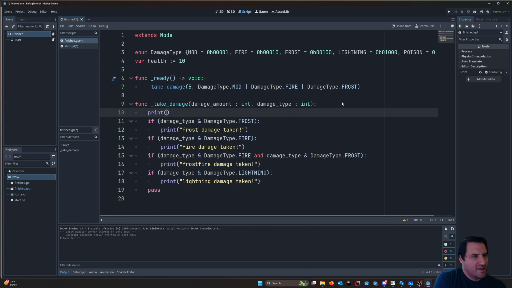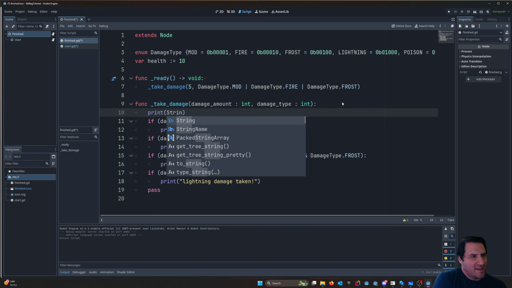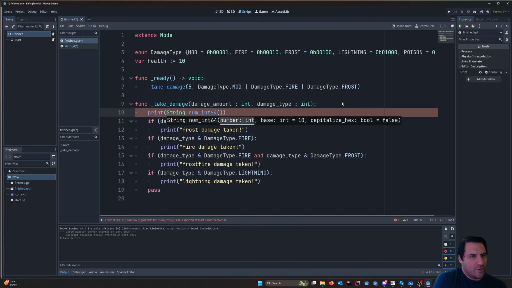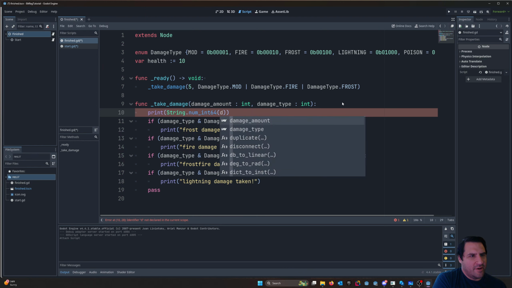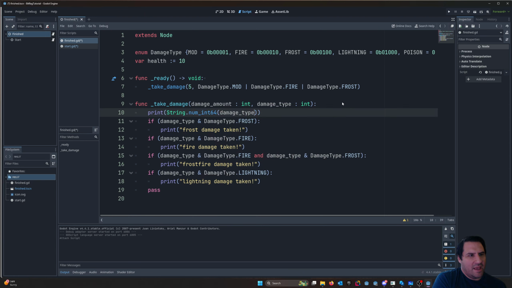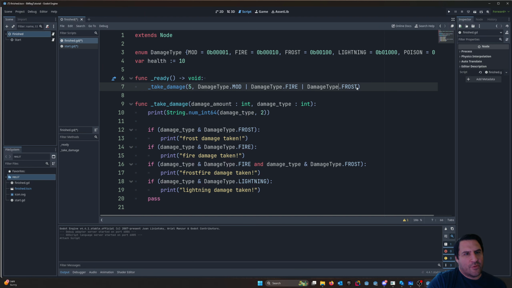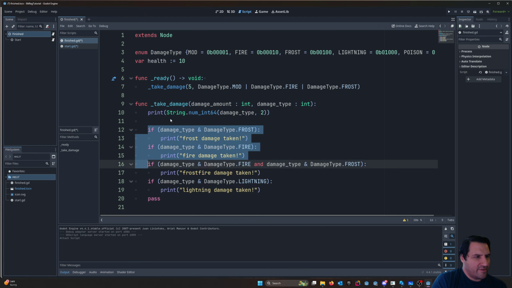So print, and I think it's string dot num int 64, and we can pass our number, which is the damage type. And I believe we use base, and the base is 2, right, because we're in binary notation. So we can print out the damage that's coming in. And so this is going to be fire and frost, and I told you we can use the first mod to skip everything, so we can indent all these,